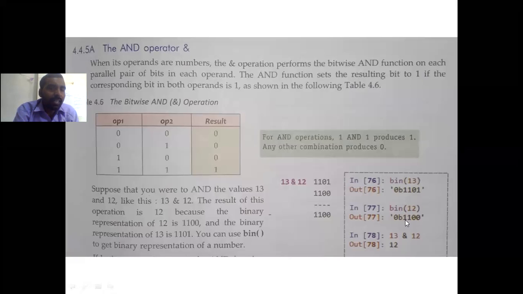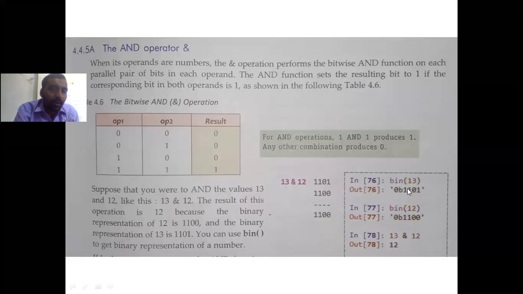1 and 1 it compares, then got 1. 1 and 1 compared, got 1. As it gets 0, then the second result will be provided. Second means 12. First means 13. You can see here, first number is 13 and second number is 12.